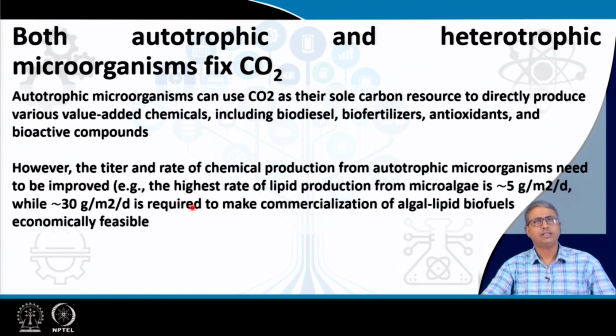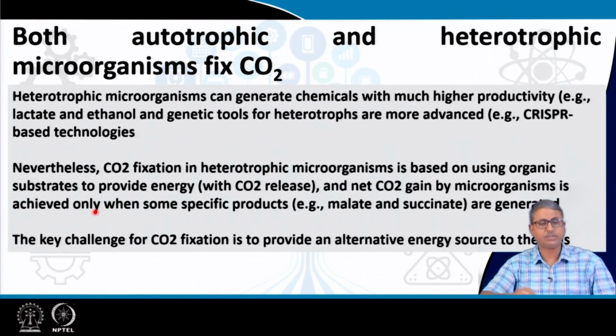On the other hand, the titer and the rate of these chemicals, which are produced out of the carbon dioxide fixed by these autotrophic organisms, need to be improved. For example, the highest rate of lipid production from microalgae is around 5 gram per meter square per day, while 30 gram per meter square per day is required to make commercialization of the algal lipid biofuel